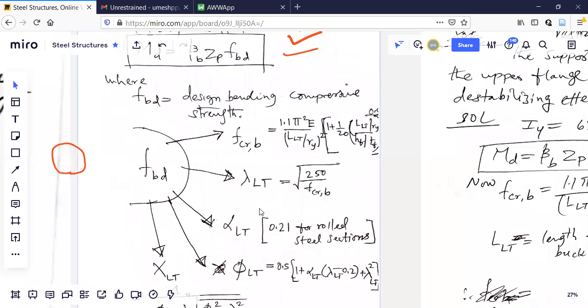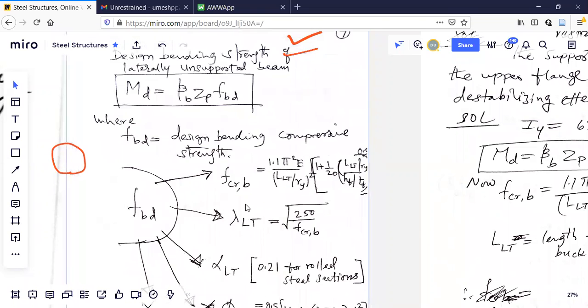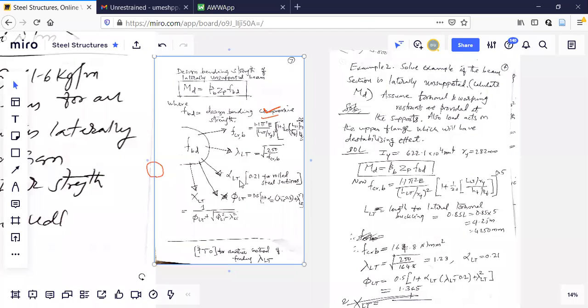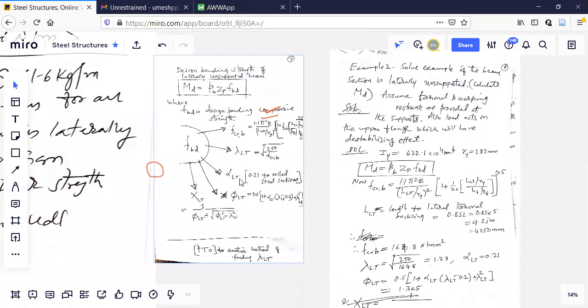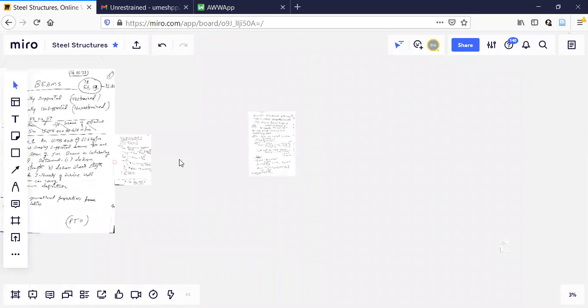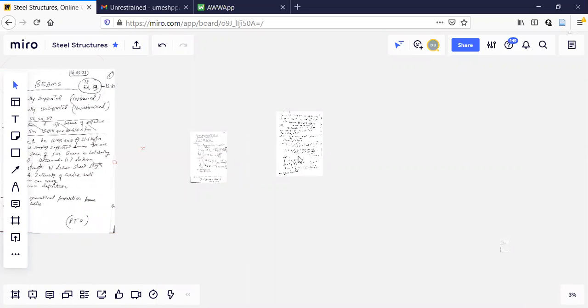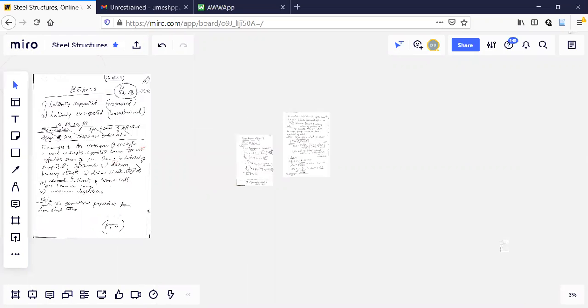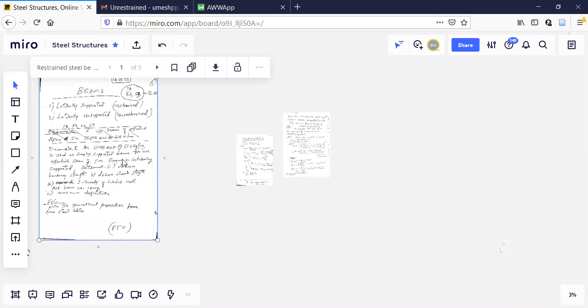Till today, examiners are not bothered how you calculate gamma LT. Any method you can use and solve it. But actually, you should know both methods, because afterwards you should not say that he has not explained this method and only that method has come in the exam. You learn that, but this is the best method. And till today, nobody is specific about the method because both are giving the same numbers.